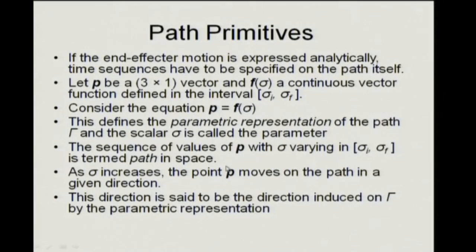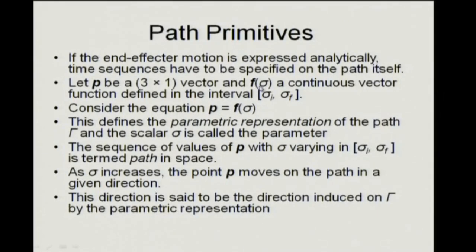Though I started with that, it is obviously not a very nice thing which I finally want to implement. This is the more interesting one, in which we have the end effector motion expressed analytically: straight line, curve, parabola, circle. We will first look at just the position, and we will get to orientation later. We actually know how to do the orientation also, but let us look at the position because that will explain the basics of it. So, we take a 3 into 1 vector which describes the position at any one point,